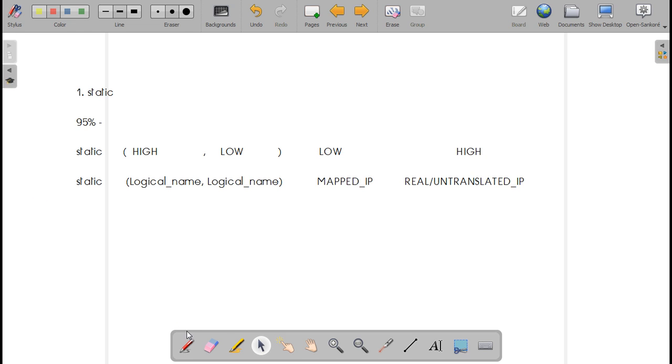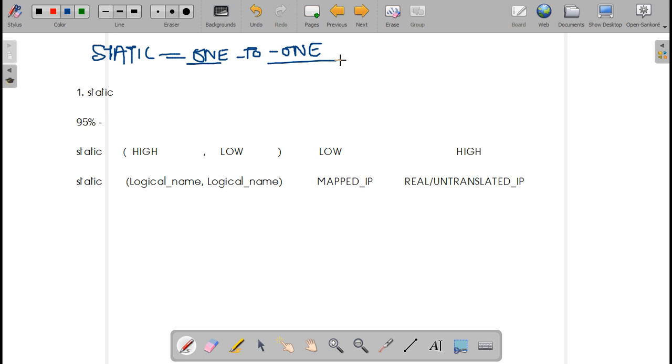Your static translations are always one-to-one translations. For one private address, one public address. It never changes.